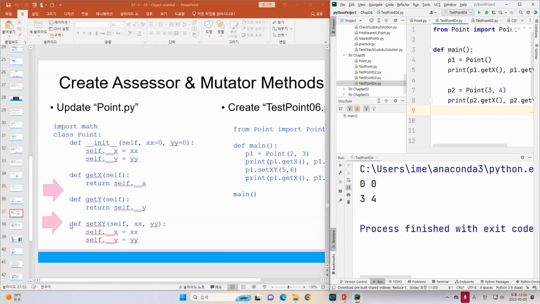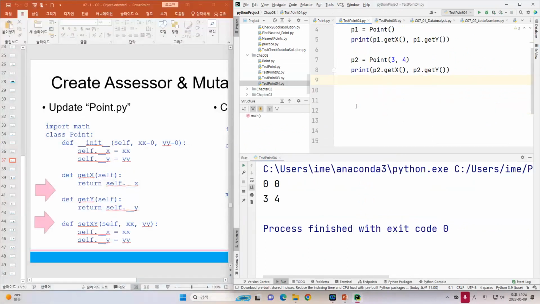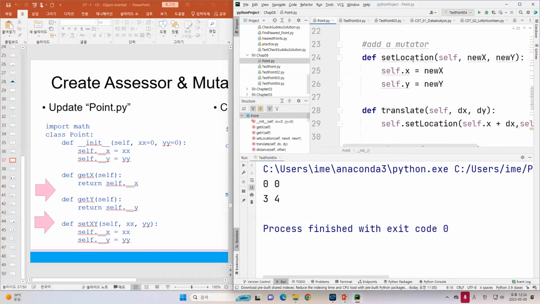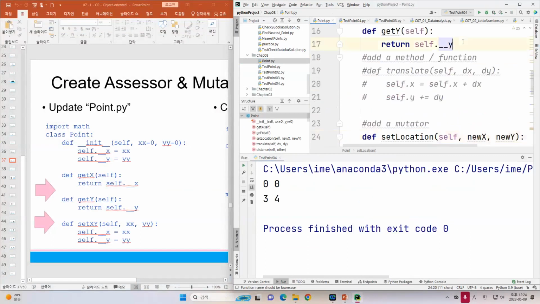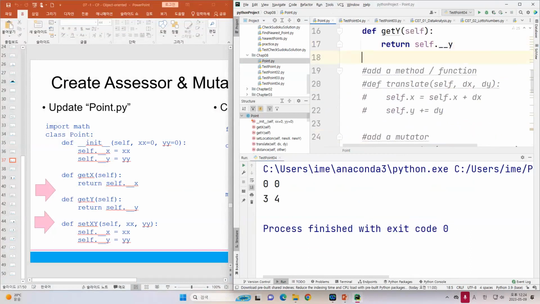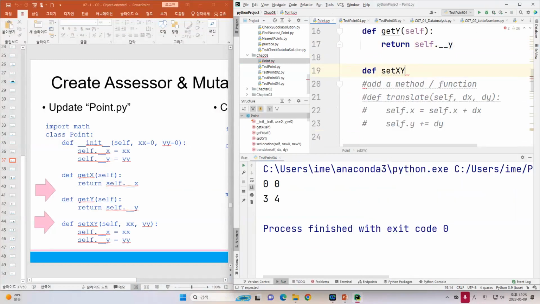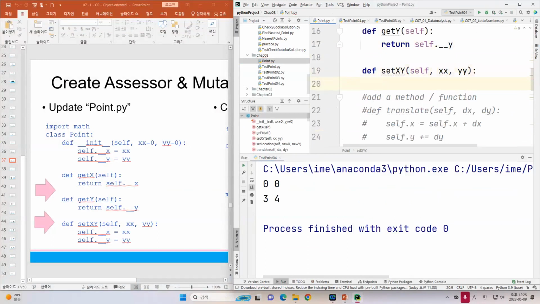Sometimes I need also to define the location, or you can define the x and y. Yeah, we have the set location to define the new x and the new y. You can have your own definition or your own function set x and y. So we have the x and y. It means I want to set a new value for the x and I want to set a new value